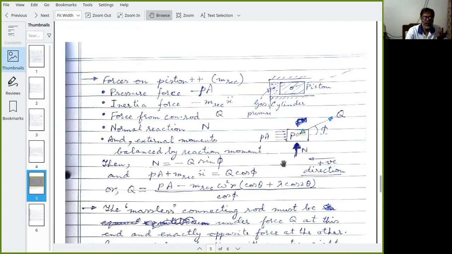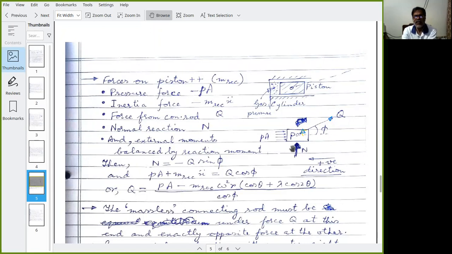So the inertia force will be minus m reciprocating x double dot, that will be this way, and that is with the A, you put that. So this whole thing is one side, and this Q, which is the force from the connecting rod on the piston. So equate the two,